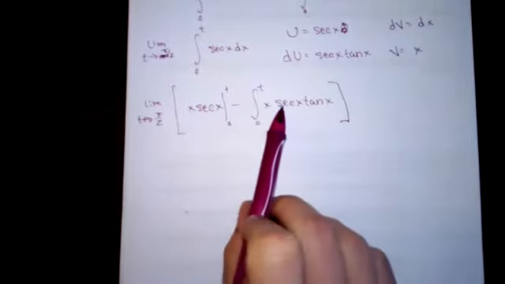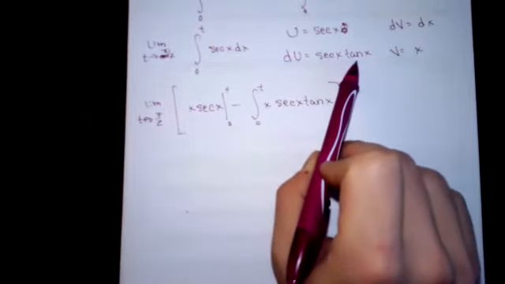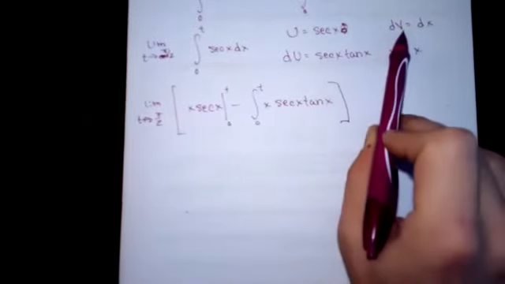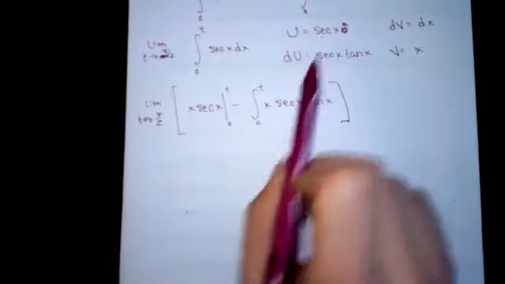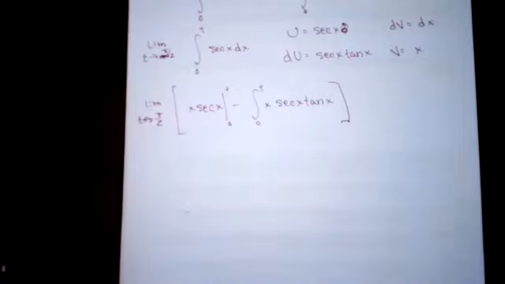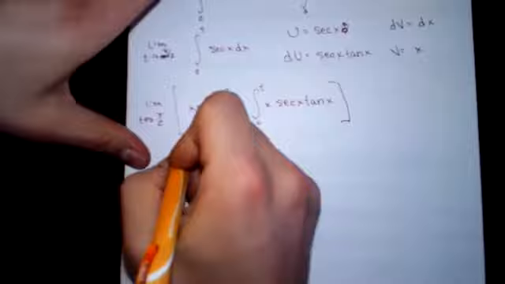Everyone kind of see what I mean by that? Because I made my du as this in the previous step, if I now make this guy my dv and then integrate it, we're kind of going backwards. Essentially we'll just be getting back to where we started. We're just going to be going around in circles. So I'm just going to say, I'll check this later.